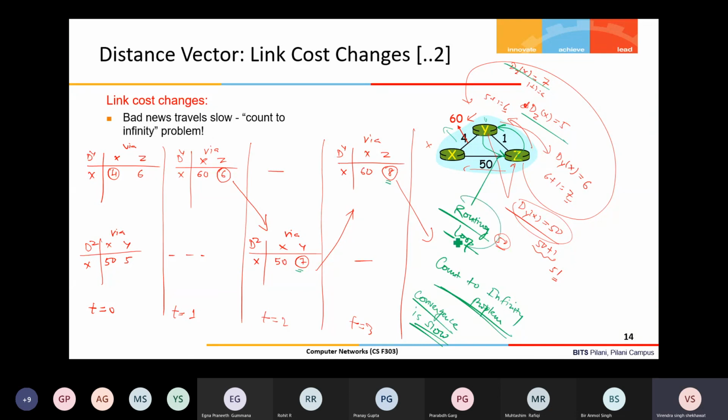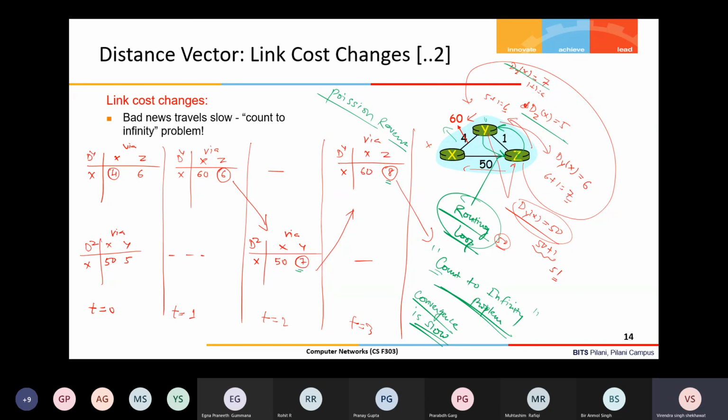And this is called a routing loop, and also the typical count to infinity problem in the distance vector algorithm. So in the next class, we'll see the solution for that. There are two solutions. Poison reverse is one solution. You can also think about how this can be stopped without looking at poison reverse. This is a loop between two nodes.